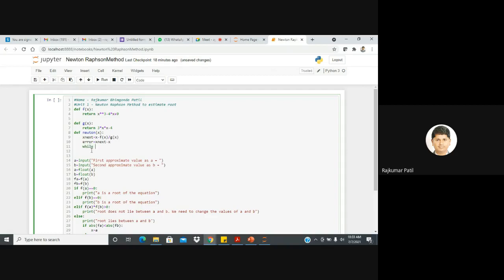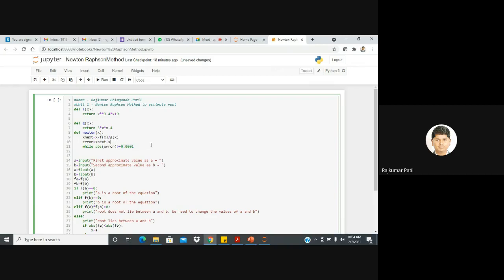So while the absolute value of error is greater than or equal to 0.0001, or sometimes for a different problem, in this particular problem the error should be greater than 0.0001, but sometimes you need to define the value of error.